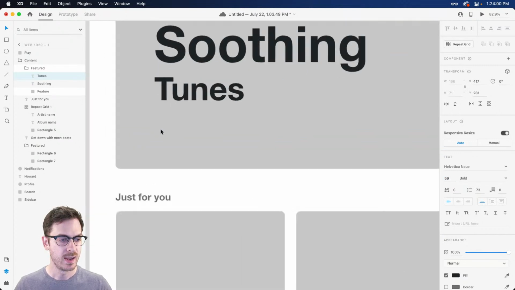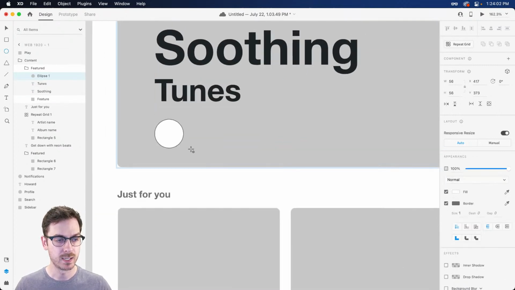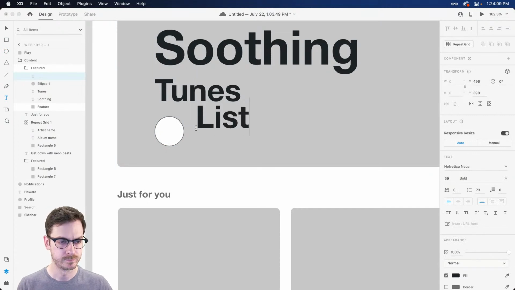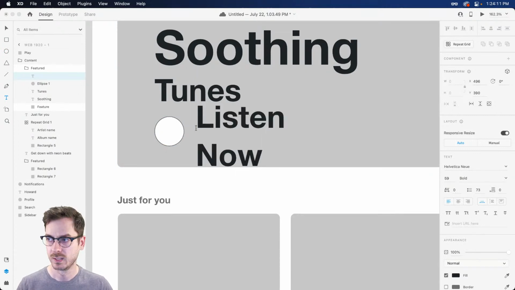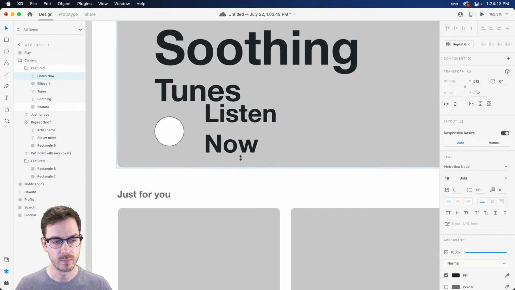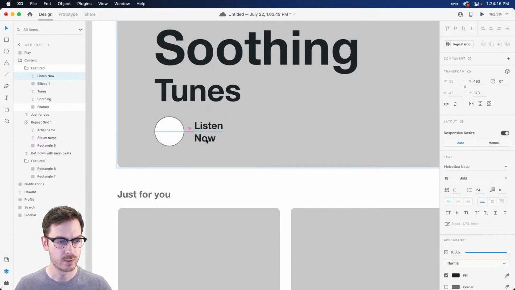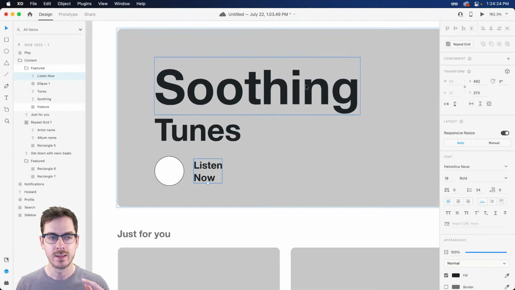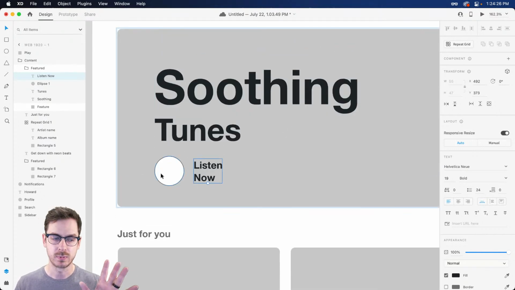Something like that. And then down below, we might want a play button. And then we'll want listen now. Definitely want to make that quite a bit smaller. And right about here, right? So we definitely want a nice, clear call to action so that if a user lands on this page and they see something interesting in this top section, they should know exactly what to do. Nice large play button, some text that says listen now. So we'll start with that, right?